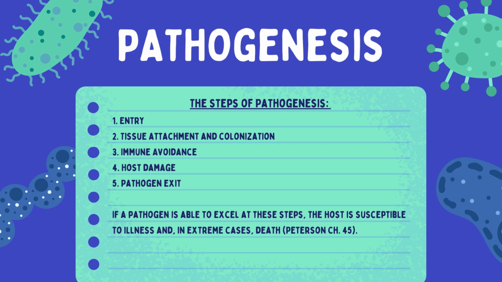Number three, we have immune avoidance, which is where we can see the capsule coming in, as well as the flagella. The flagella will help more in two as well, due to movement. So the pathogen will be able to move throughout the body and infect more cells. But the capsule will be more helpful in step three with immune avoidance because it is helping to avoid phagocytosis. Number four, we have host damage, which is just cell death, which is going to occur after pathogens have infected the cell, replicated, and things like that.